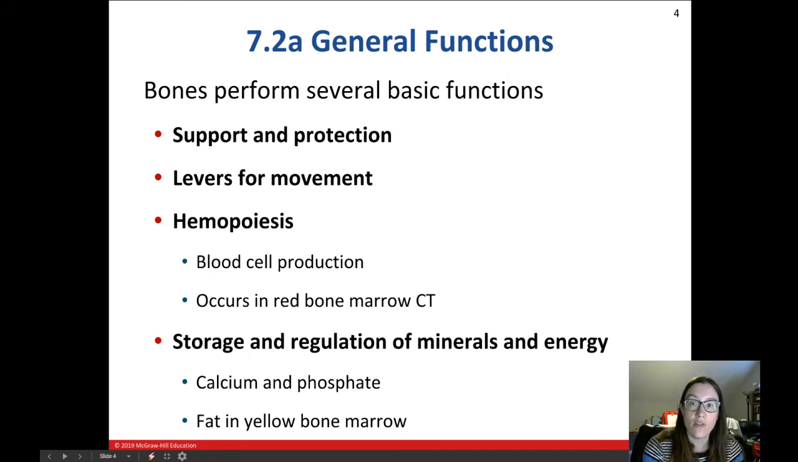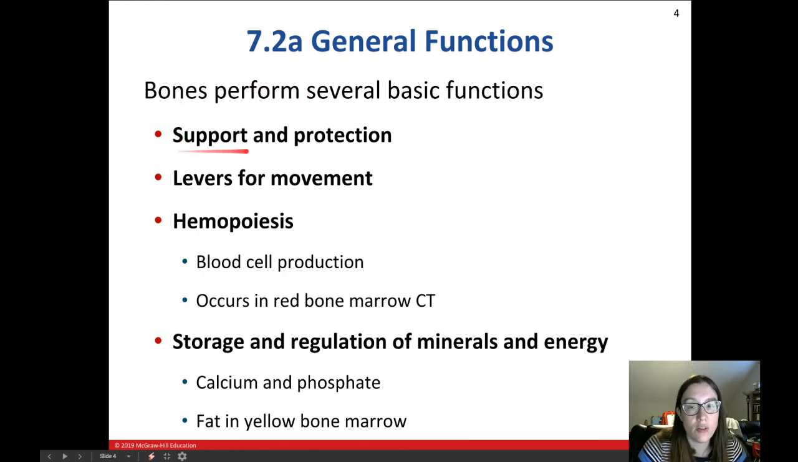So what are the general functions of bone? Bones are really important for support and protection. Our long bones are a little bit more for levers for movement, but long bones also help support us, obviously, and a lot of flat bones are important for protection. The flat bones of your skull help protect your brain. The sternum helps protect the heart,